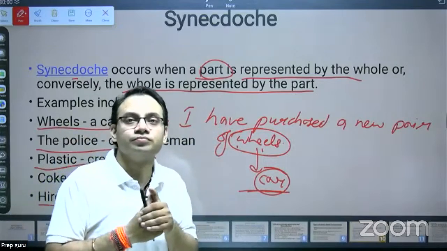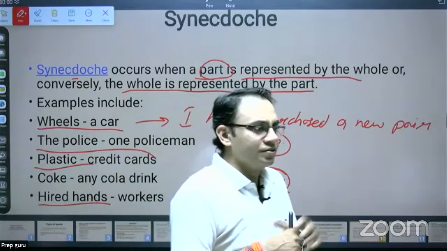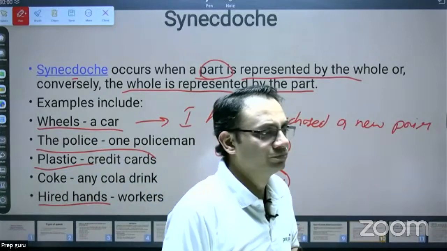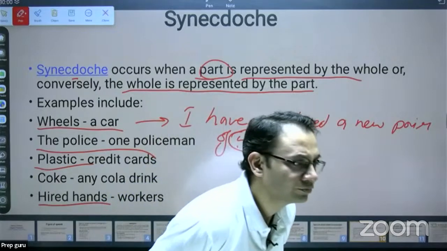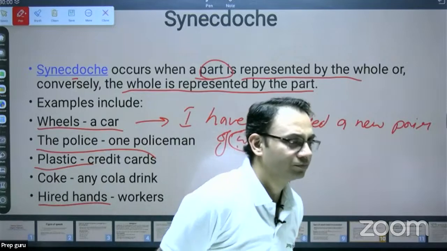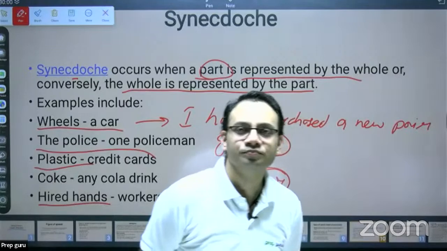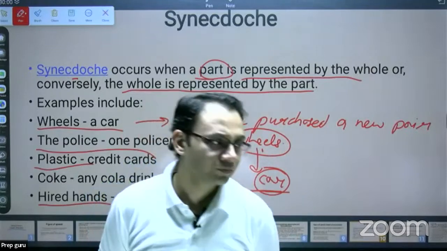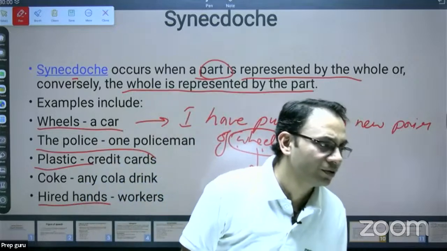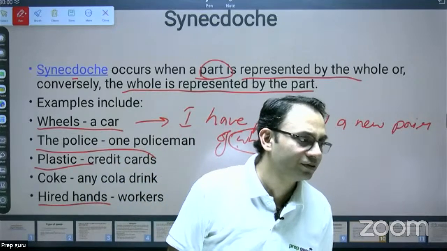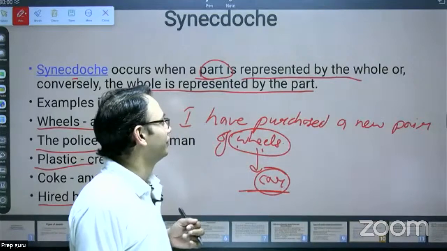What is the difference? Anybody who can tell? दोनों के बीच डिफरेंस क्या है? Anyone in the chat box? What is the difference between metonymy and synecdoche? इसको एक बार हिंदी में भी बता दो प्लीज। हिंदी में बताया तो,